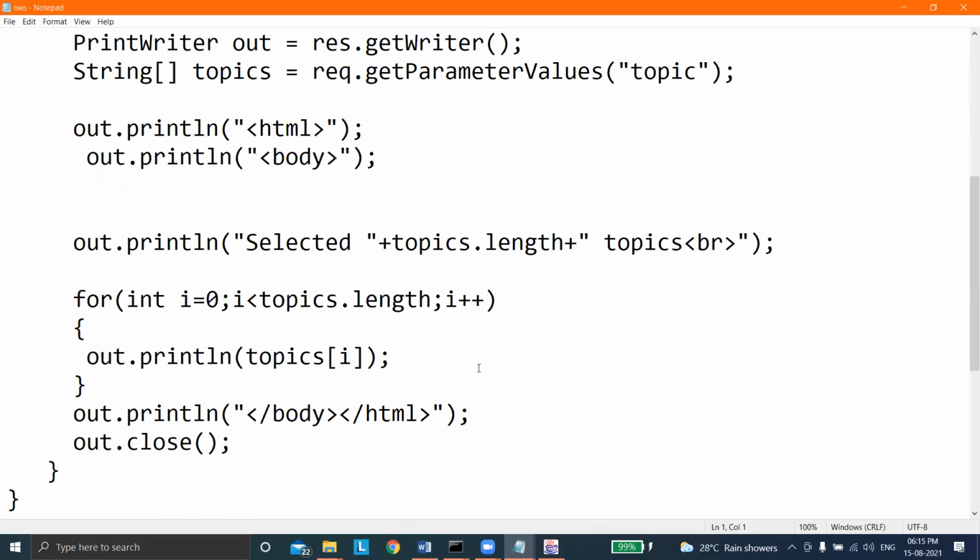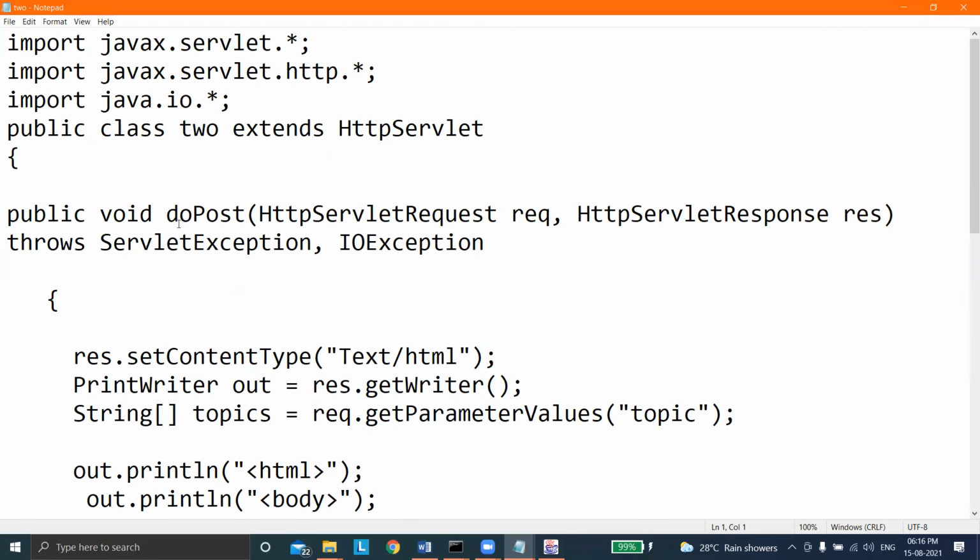Server program is very simple. Here instead of doGet, I'm using doPost. The reason, as I told you, is that we are using a list box. List box means you can send multiple entries. If you use doGet here, it will show you an error or you may not get the output properly. Okay, now one more thing,